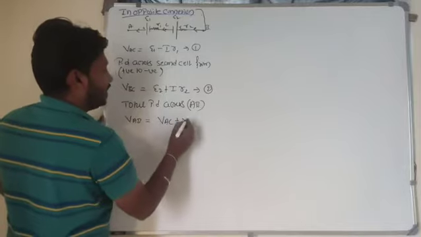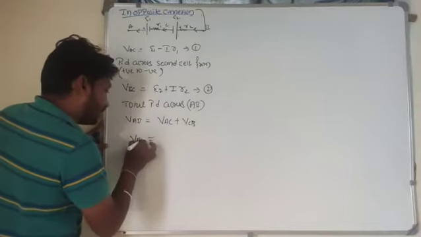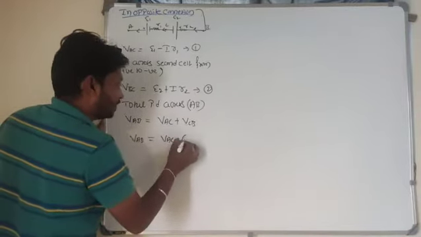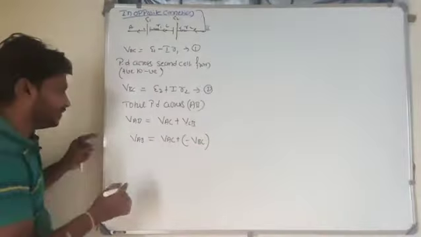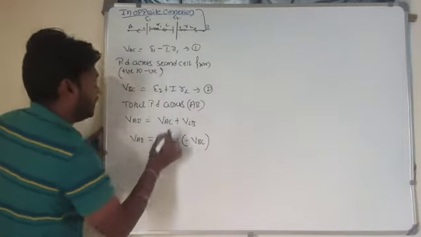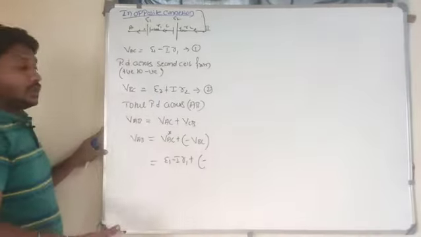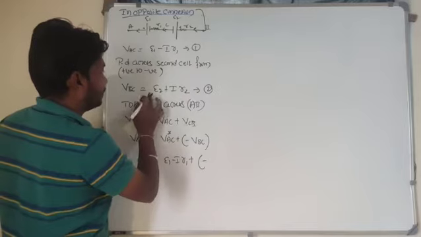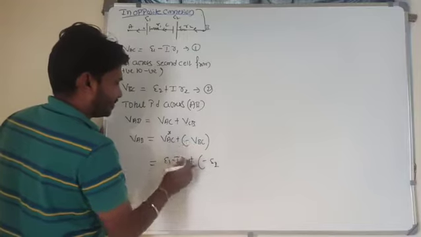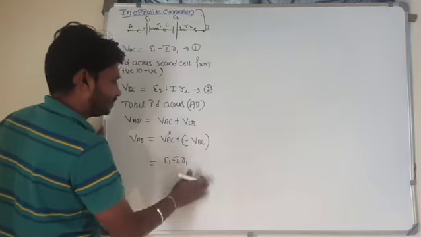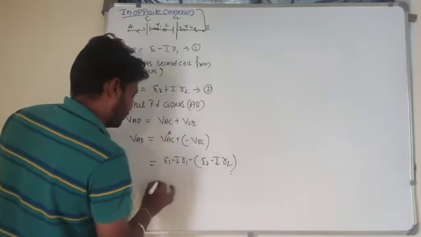So the potential difference across C to B, or I can take it another way: V of A to C plus V of C to B is nothing but minus V of B to C. So I can take it the reverse way. I know that A to C is E1 minus I into R1, plus the potential difference across C to B, that is B to C, which is E2. Generally we may take it here as minus. If I take it as negative, it means E2 minus I into R2.